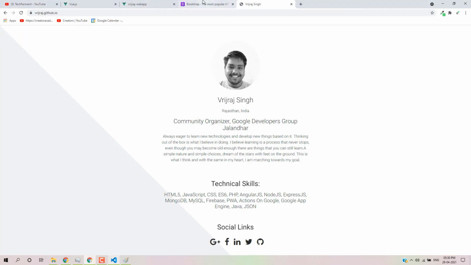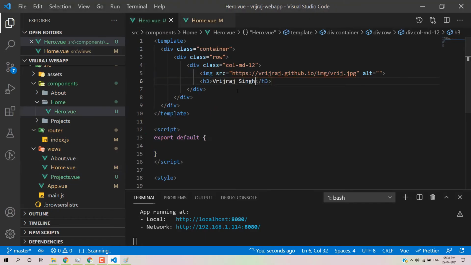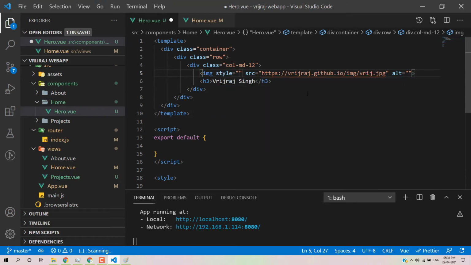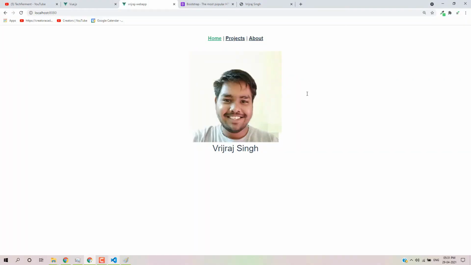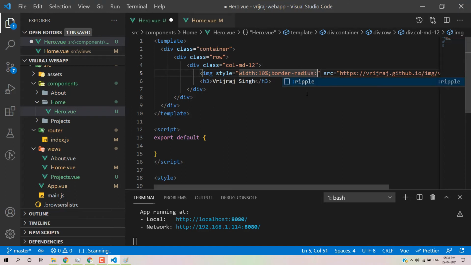Save and then reload. So here we have a container and then we have the data. So here we can design the part. So here we can write CSS logic, like here we can write a style. Let's say here we can define width, 50%, save and then reload. So width is increased, so we'll use 10%. So yeah, it's fine. Here we can define a border. So border radius 50% for the circle.